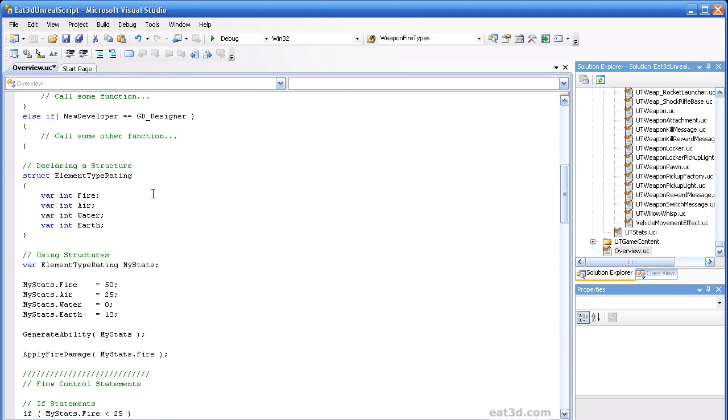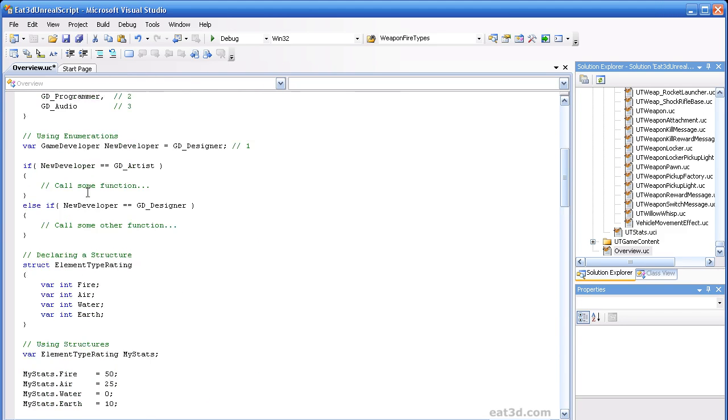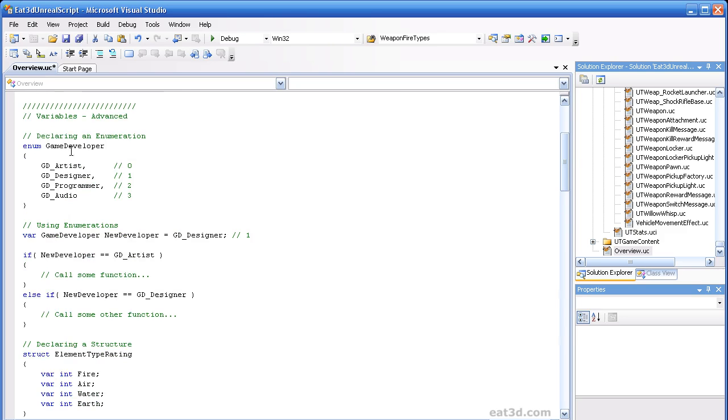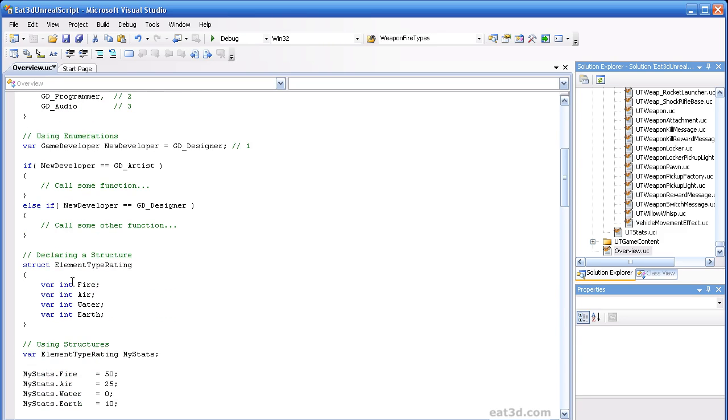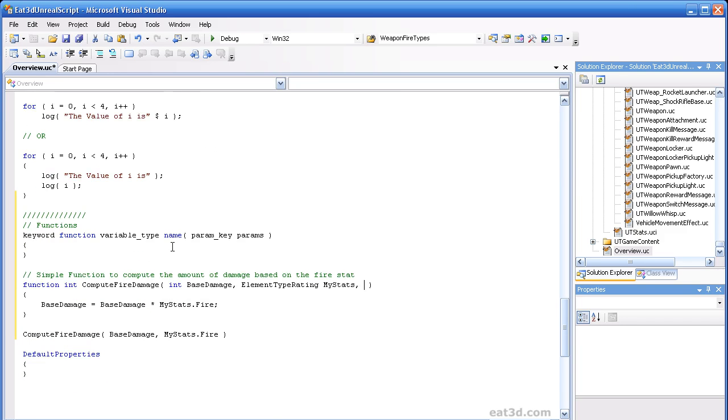Or actually, we never defined an enumeration for this, but we could easily do, just like we did for the enum of the developer type, we could define another enumeration which matched the fire, air, water, earth. And then in here, you would basically pass in a value saying which stat you're wanting to use as the modifier. And so you could add a third argument down here, and it would be the enum